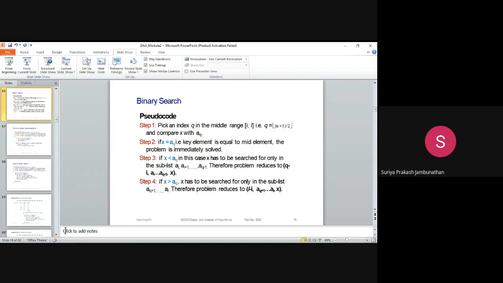I will divide the first 4 and the second 3 like that, so I have a middle element. Let's consider the middle element is 4. If I am searching for 6, it will check with the middle element first. The middle element value is 4, so that is not matching. It will check whether the given value is 6, no.